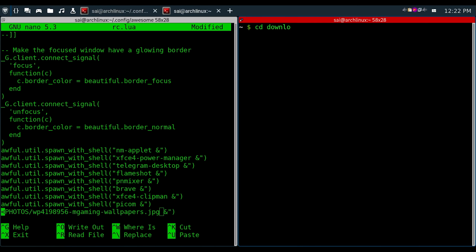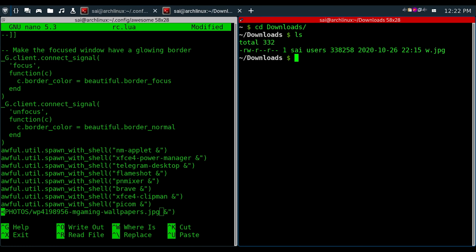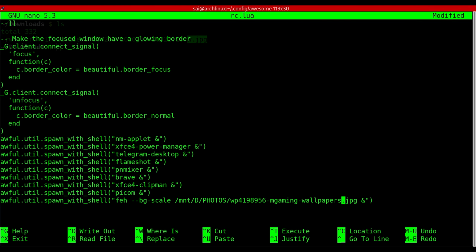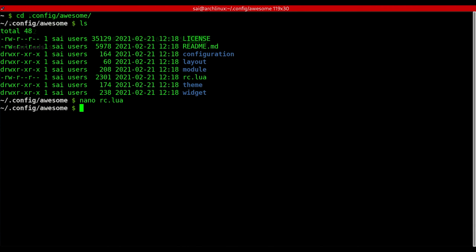I am opening another terminal, in Downloads. Here you can see W is there. I am going to change this path to /home/ my username /Downloads/W, and Control O and enter to save, Control X to exit.